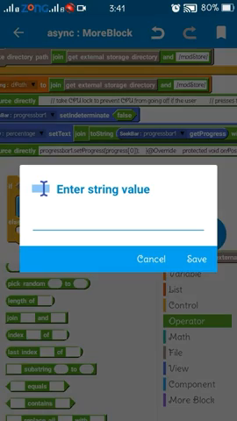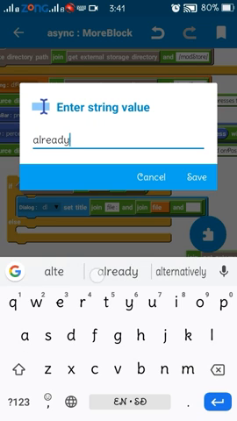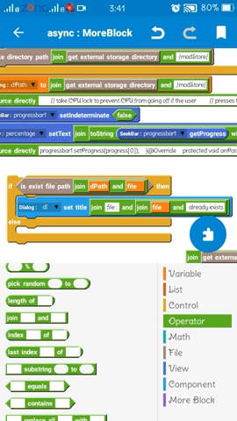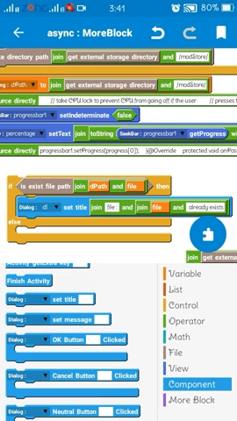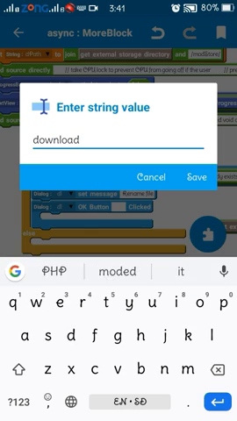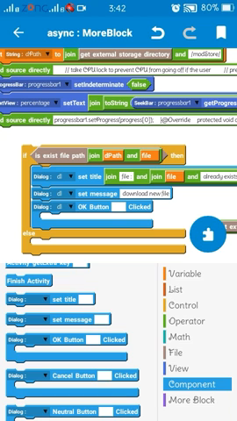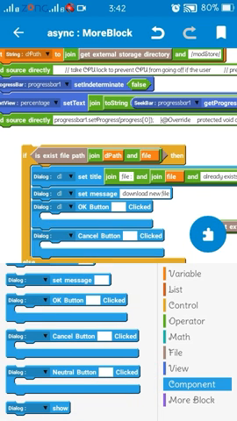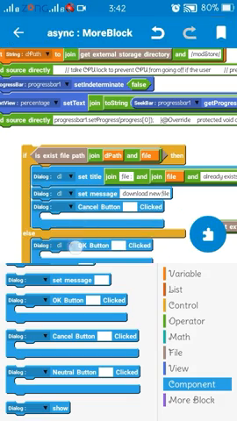We are setting the title with the file name. We are setting the message to download new file. So the user gets an idea that there is already a file with the same name, so he can cancel if he wants.